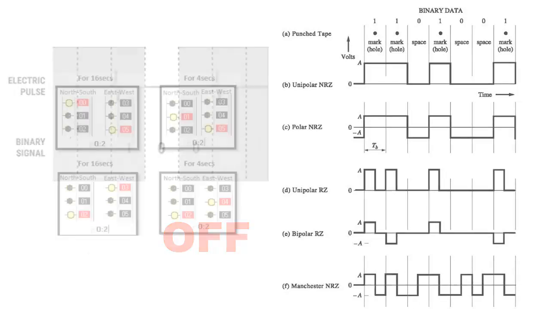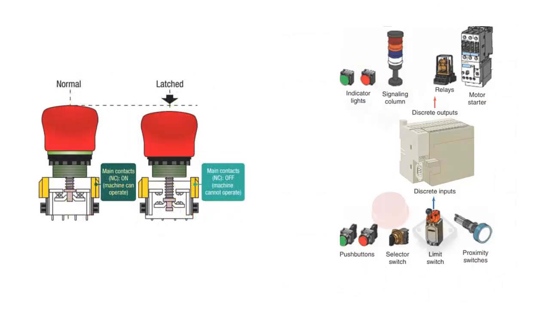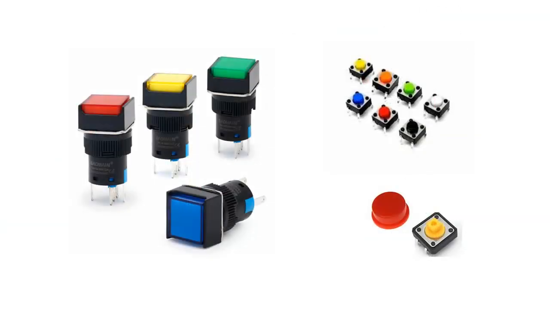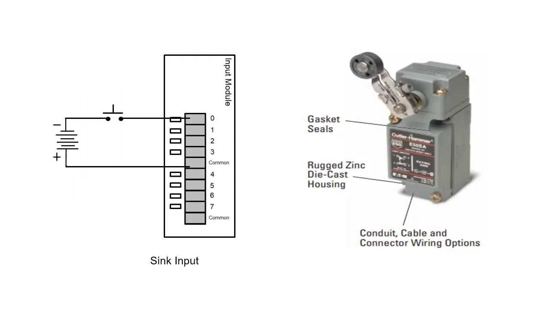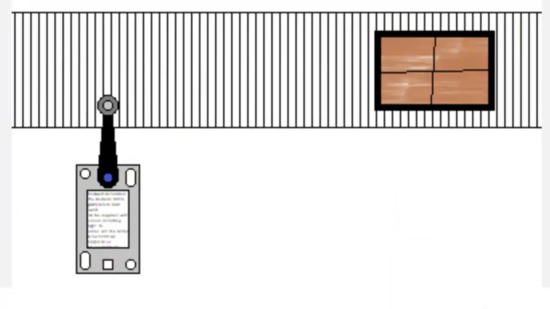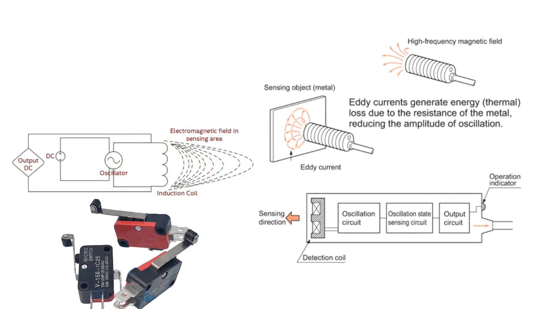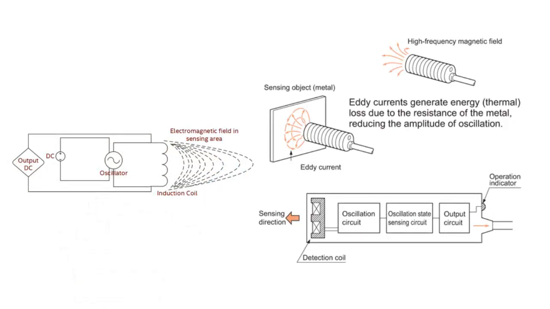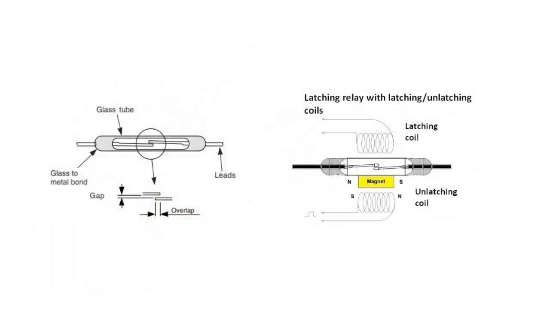Some common digital input devices used in PLC systems include push buttons, momentary switches used to provide manual inputs to the PLC, limit switches, mechanical switches used to detect the presence or position of objects or equipment, proximity sensors, inductive, capacitive, or photoelectric sensors used to detect the presence or absence of objects without physical contact, reed switches, magnetic switches activated by the presence of a magnetic field,